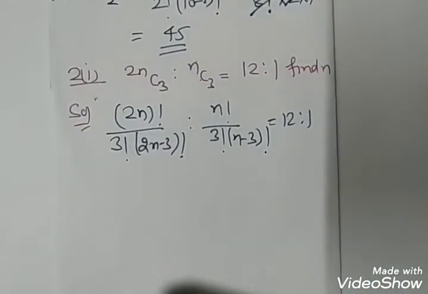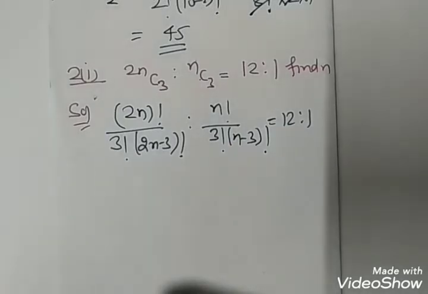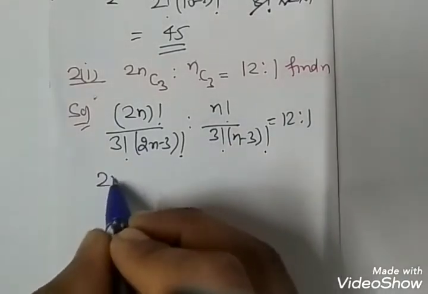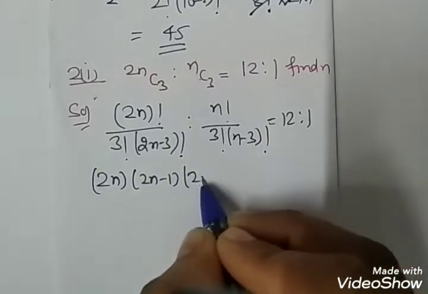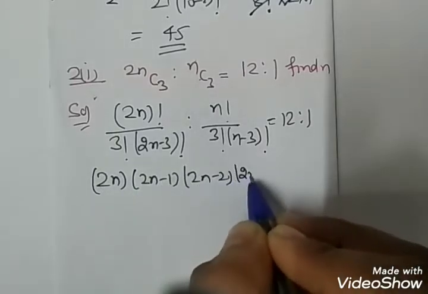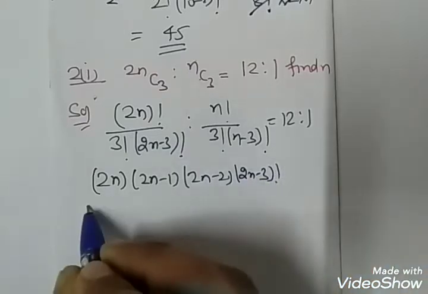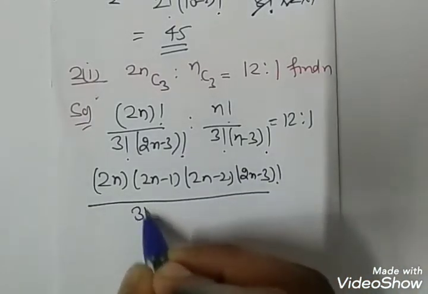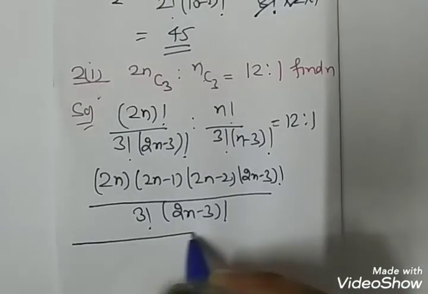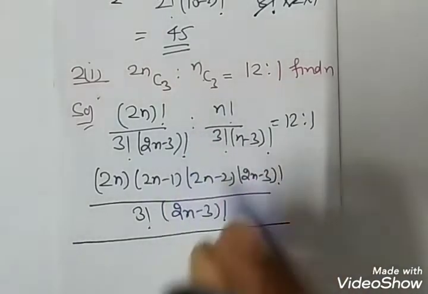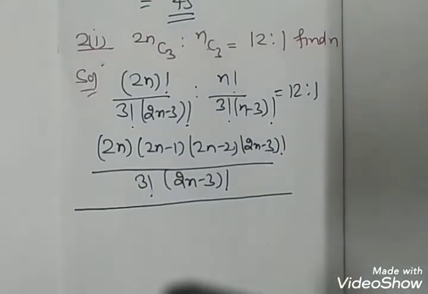So I can write it as 2n into (2n minus 1) into (2n minus 2) into (2n minus 3) factorial upon 3 factorial into (2n minus 3) factorial, whole upon,